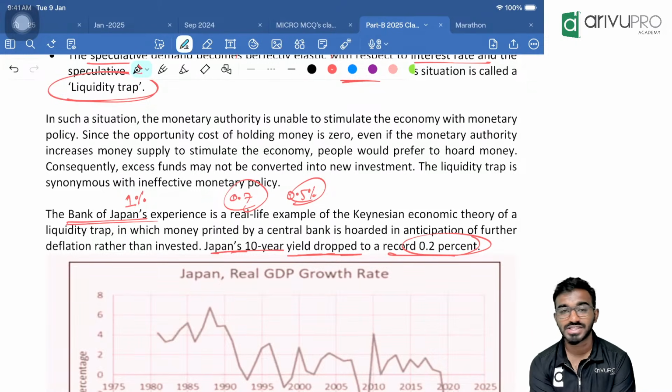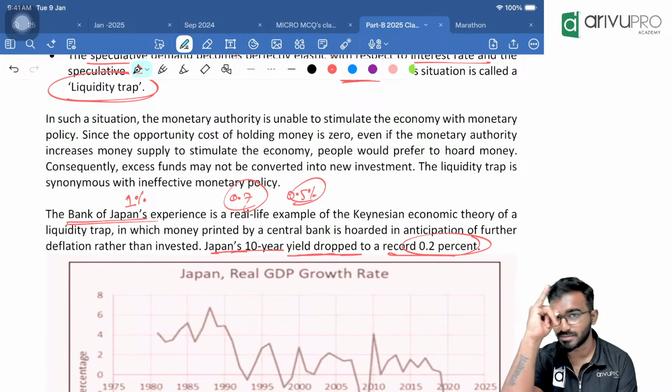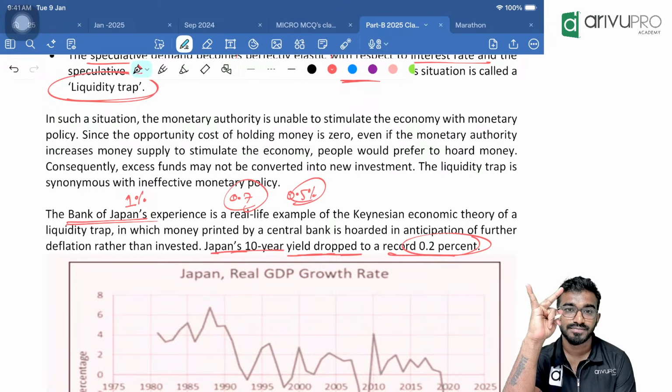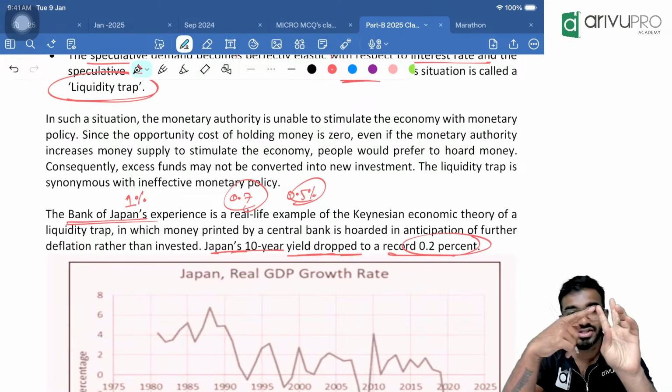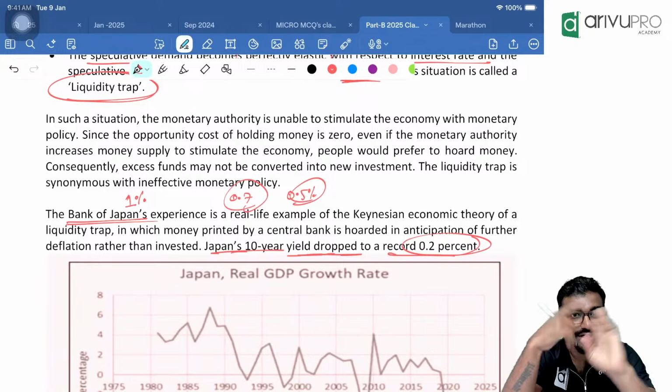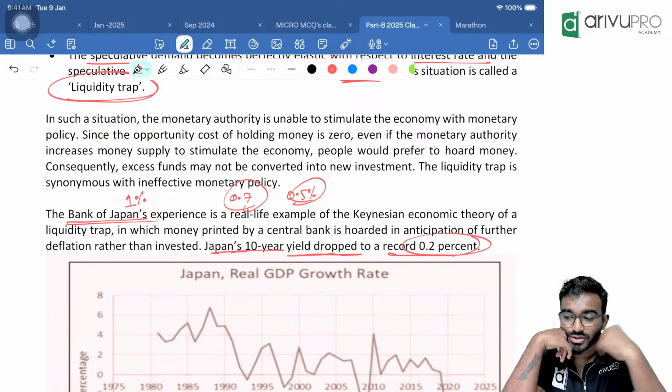So these are the first three theories. QTM focuses on the supply side. The second one, the Cambridge approach, focuses on the demand side. But Keynes is most important: liquidity preference for money, wherein money is used for all three purposes: transaction purpose, precautionary purpose, and speculative purpose. Clear? So flip back and have a look.